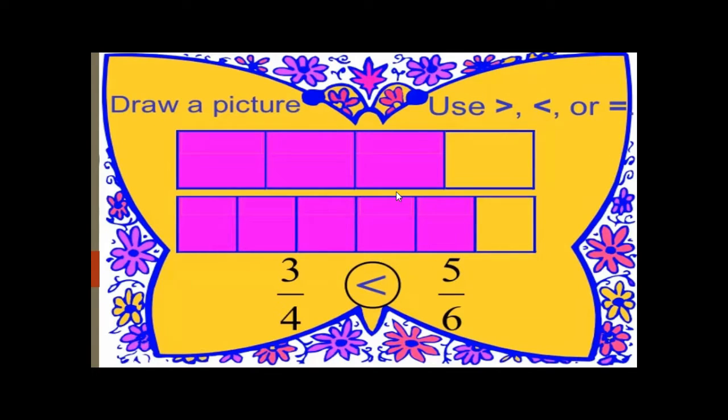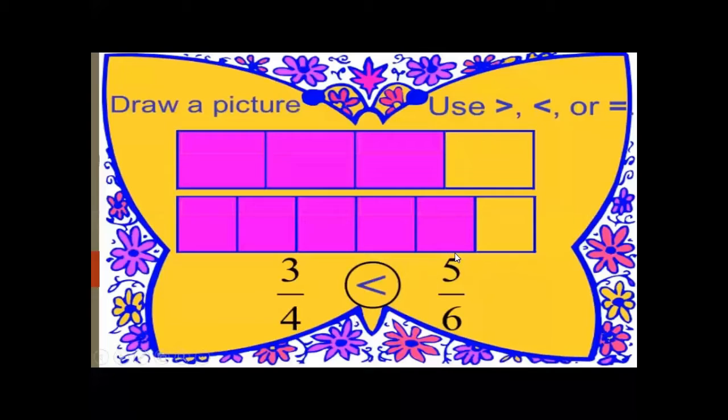Draw a picture. This is for your practice here, students. What to apply here? If I check 3 upon 4 and 5 upon 6, what to do? We have unlike fractions, because we have different denominators. So we will do the cross multiplication. 6 threes are 18, 4 fives are 20. So 18 upon 4 and 20 upon 6, which is larger? We can also take the LCM, but this is the easier method.